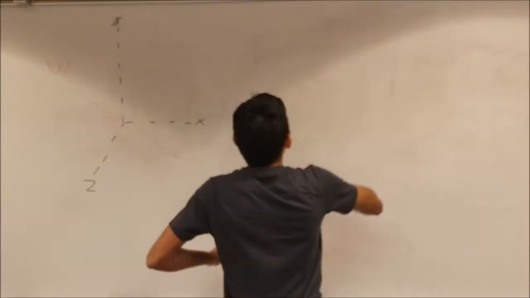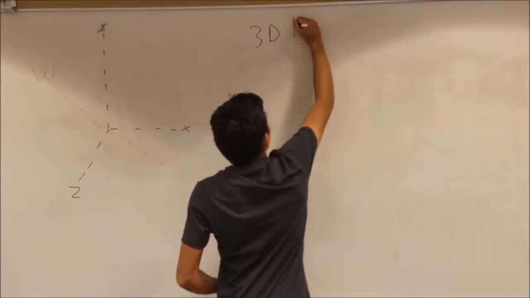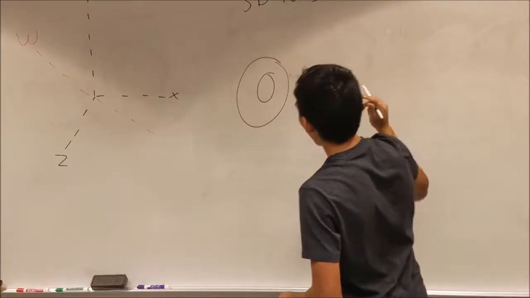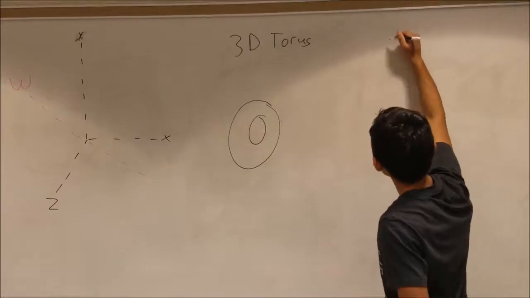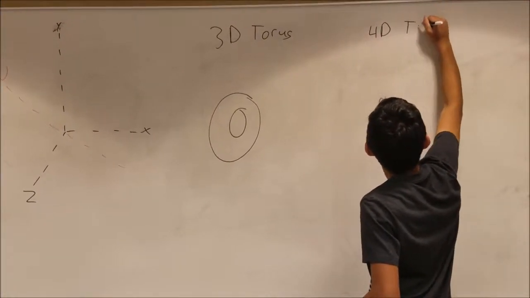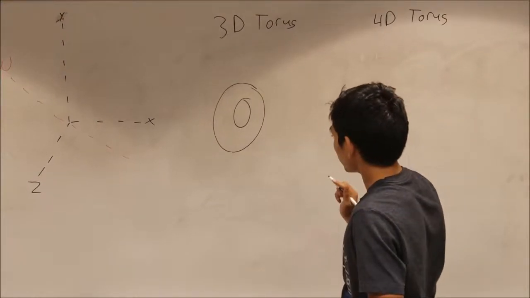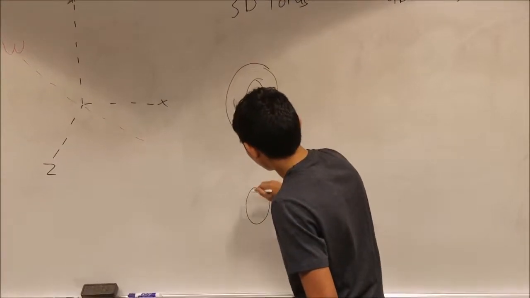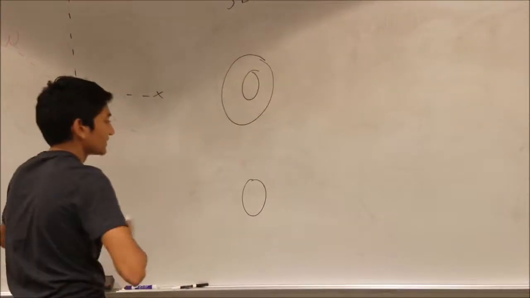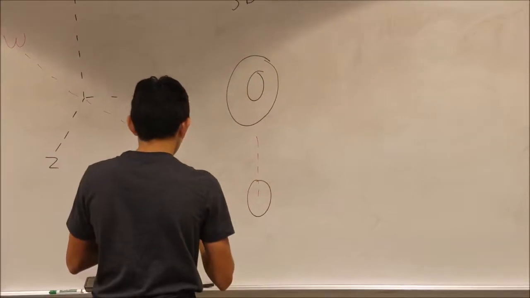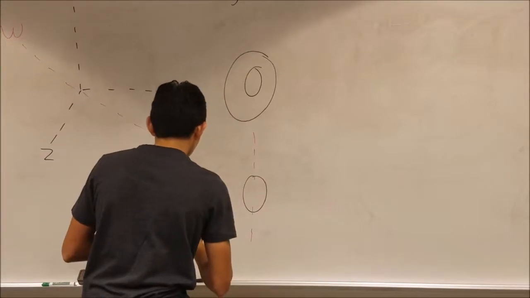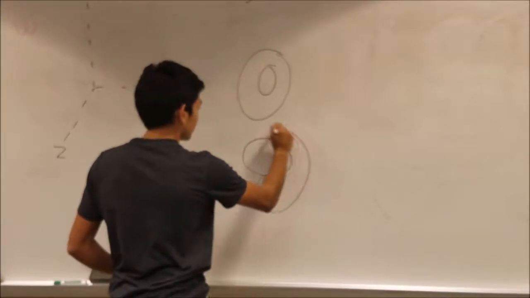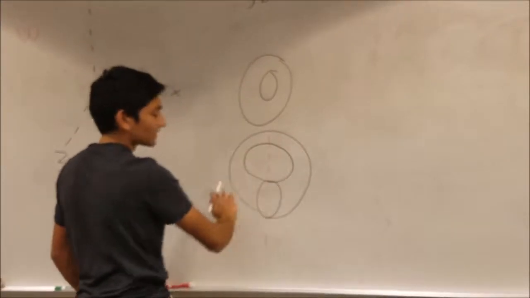So here we have the 3D torus, and it is essentially just a donut. Now how do we turn this into the 4D torus? So if you recall, with a 3D torus, what we did is we took a circle and we revolved it around some axis. So if you pretend that we have an axis here, we took the circle and we revolved it around it. So imagine that the circle is moving like this through the axis of revolution,